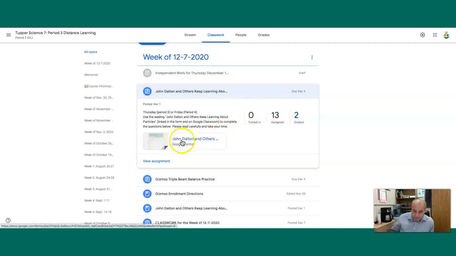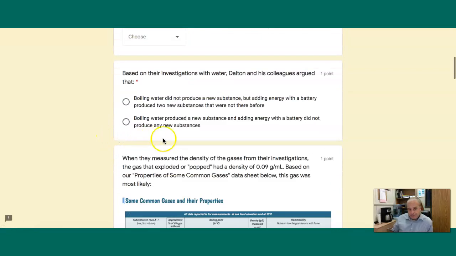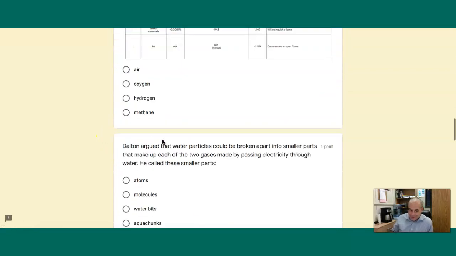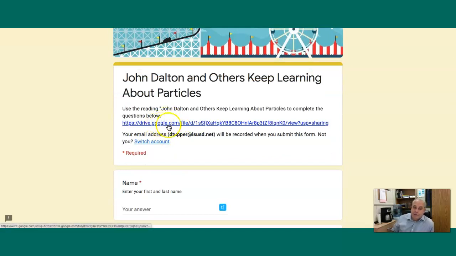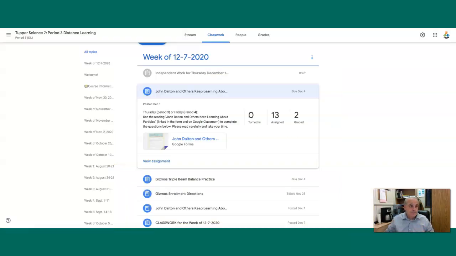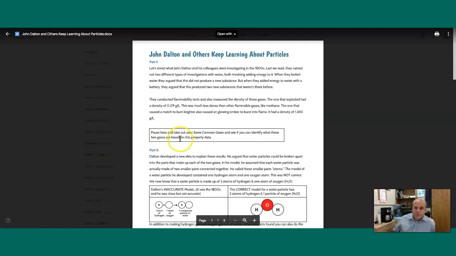So you're going to open this up, and there's a bunch of questions about the reading. So don't just guess at it, right? There's a reading that goes with it. So you can get to the reading either here, you can click on the reading and open it, or the reading is here where it says John Dalton and others, right? So you'll read this. You might even want this open